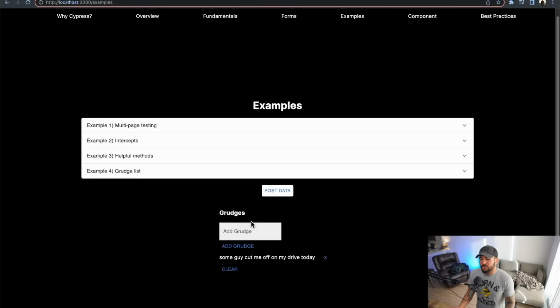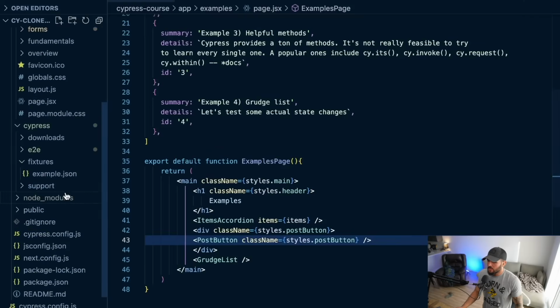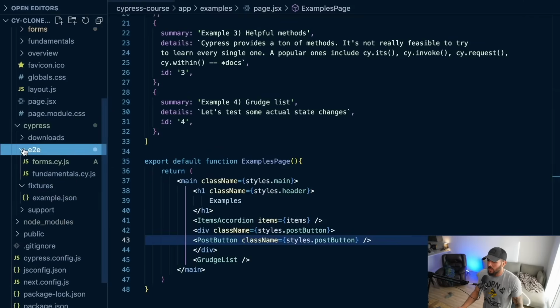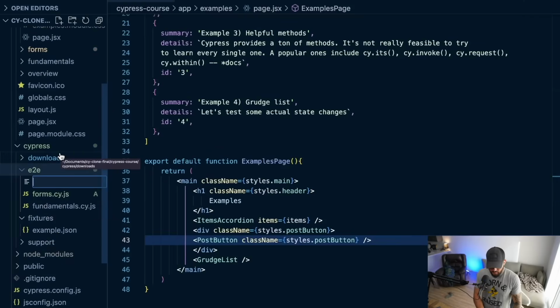So without further ado, let's move on to this examples page. And we're going to start with multi-page testing. So let's go ahead and open our end-to-end folder here and add another file. And what this is going to be is